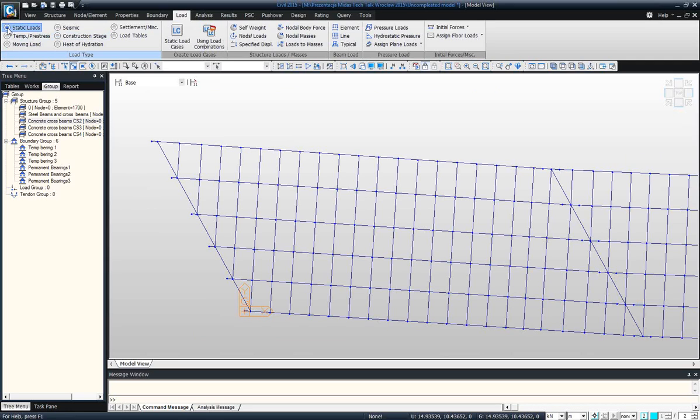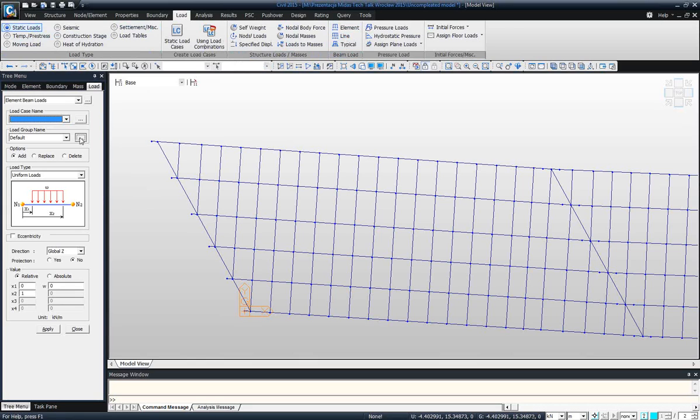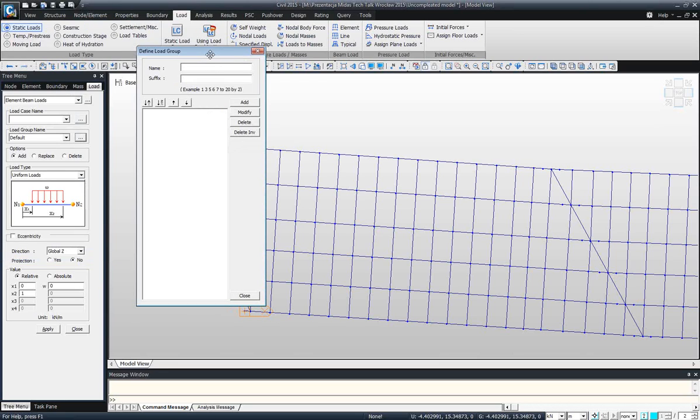So first we have to choose static load and then element load. We have to enter load groups, and these load groups will be necessary to activate them in construction stages. So first we have steel beams, and then we have concrete slab, and then we have equipment,